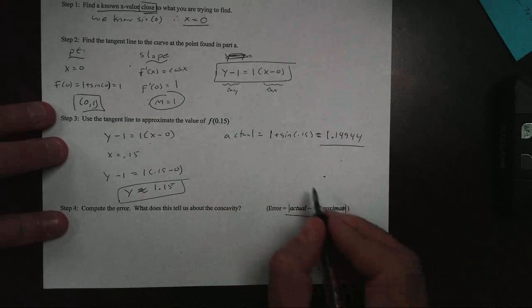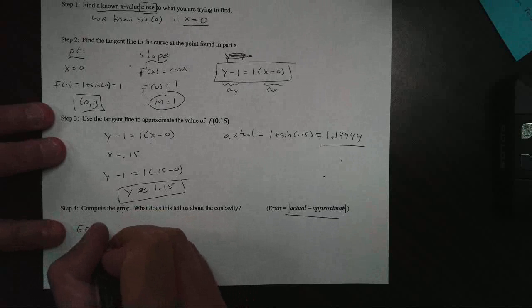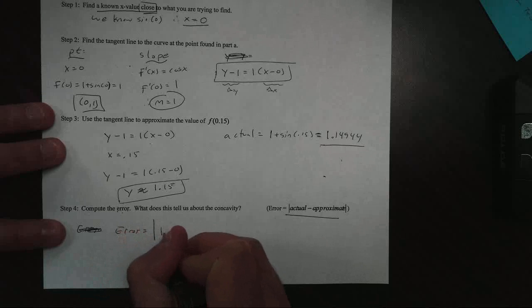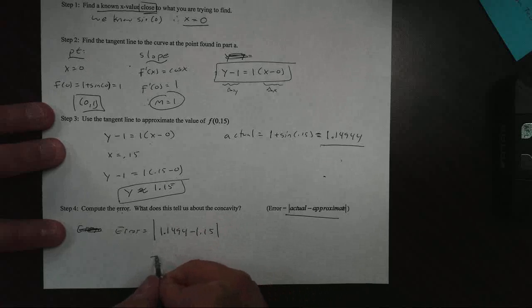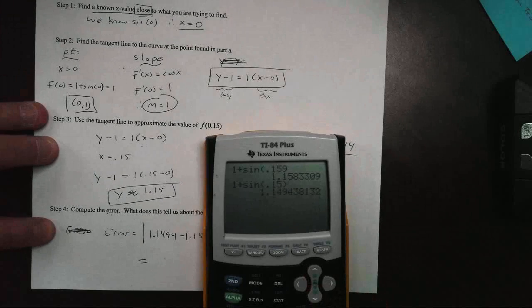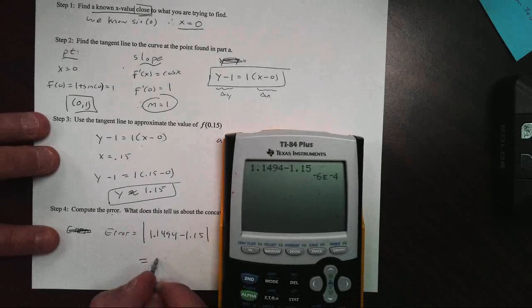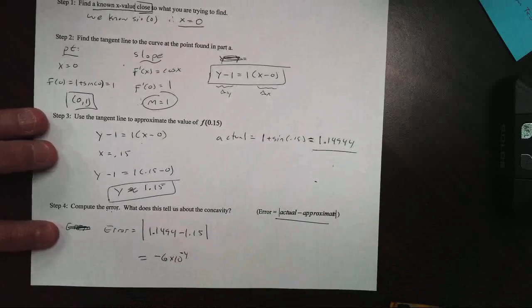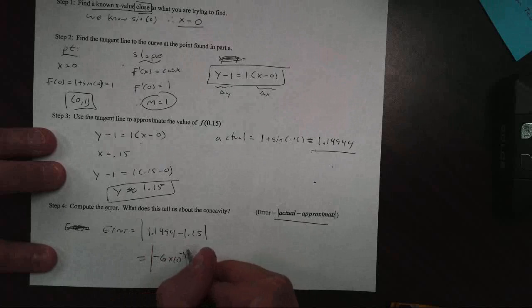Now to get the error, we're going to take our actual value minus our approximate value, and we take the absolute value of that. I can't spell error today. To get the error, it's the actual value of 1.1494 minus the 1.15. If you type that in your calculator, we get, whoa, negative 6 times 10 to the negative 4. That is tiny. Look at that. And we take the absolute value of that, of course, we get